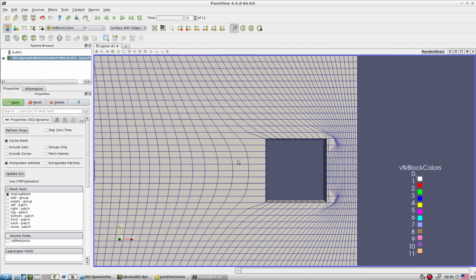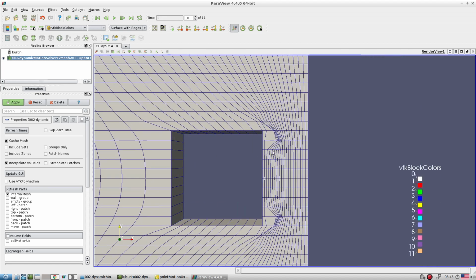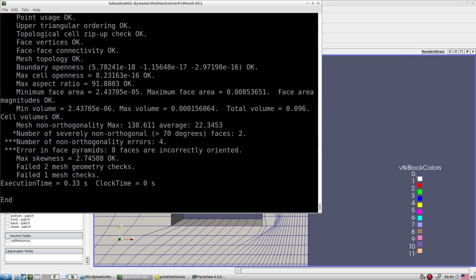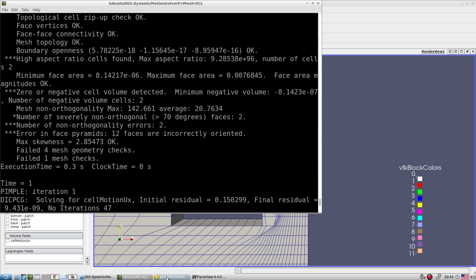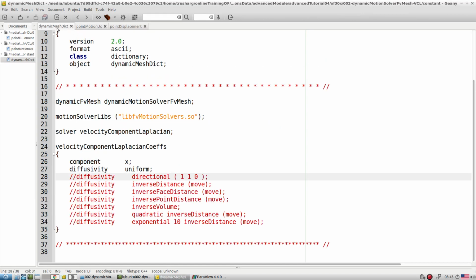When it goes in one direction, you will see what happens near this compressed zone. The element is failing, and when the element fails it shows you errors. All of this failed because of the geometry check, the mesh is failing. So if the mesh is failing, that means we have to tune certain parameters.